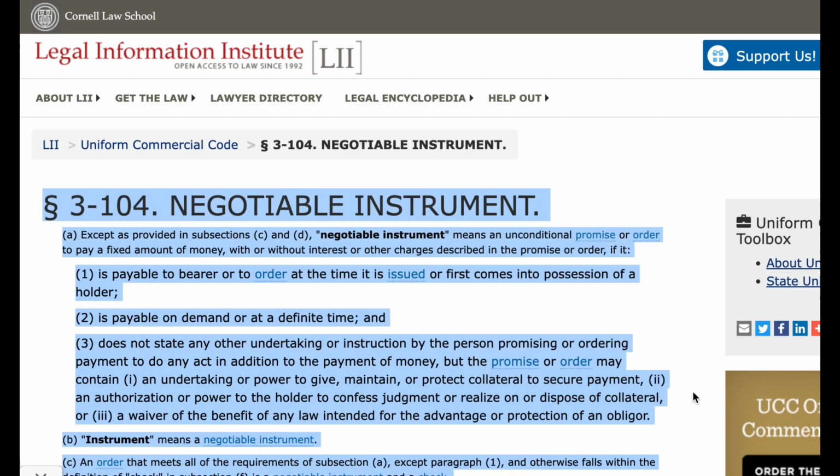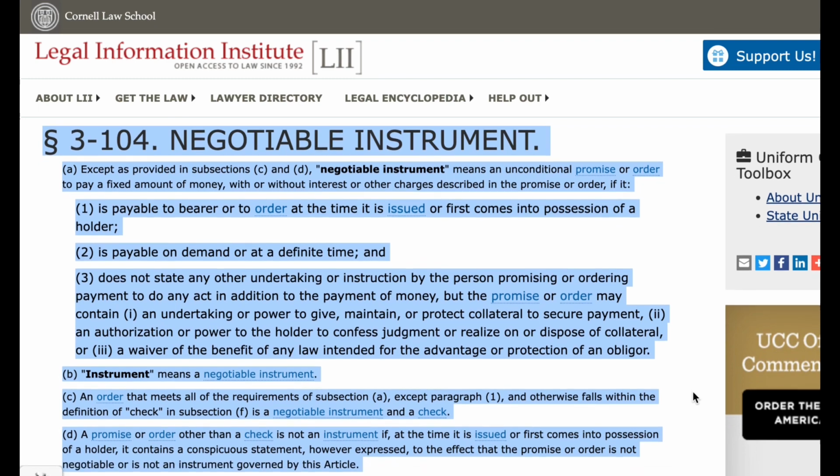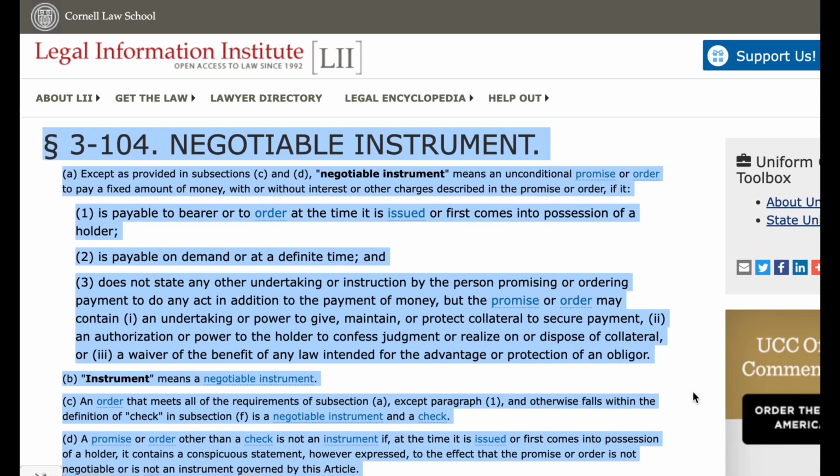Paragraph 3104. Negotiable instrument. Primary tabs. A. Except as provided in subsections C and D, negotiable instrument means an unconditional promise or order to pay a fixed amount of money, with or without interest or other charges described in the promise or order, if it: 1. is payable to bearer or to order at the time it is issued or first comes into possession of a